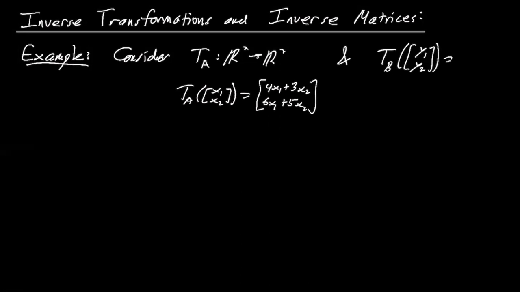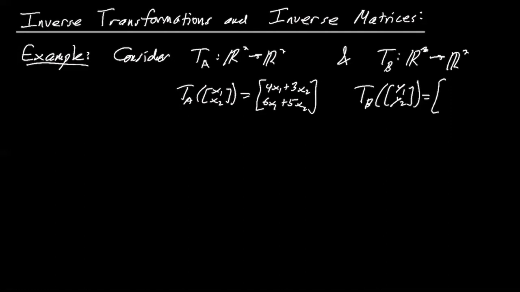Sorry, I should say that T sub B also maps from R2 to R2. Two-dimensional space to two-dimensional space. T sub B, let's apply this to y1, y2. Just a change of variables. And let's say it's 5/2 y1 minus 3/2 y2, and minus 3y1 plus 2y2. Okay, two totally random transformations. Again, we could write